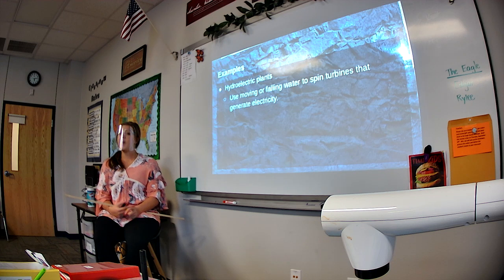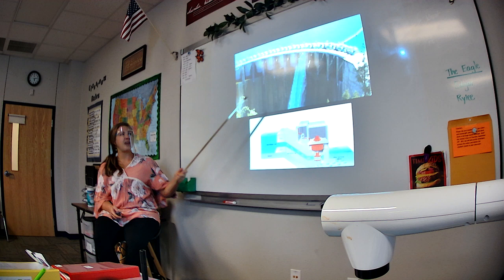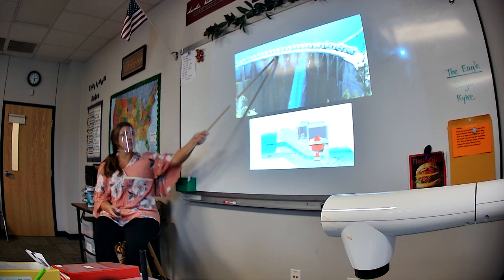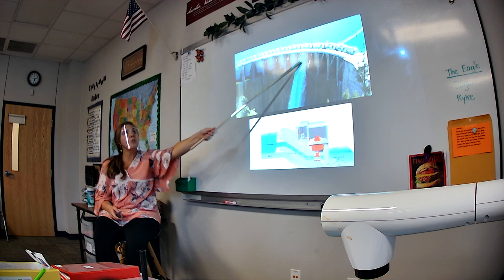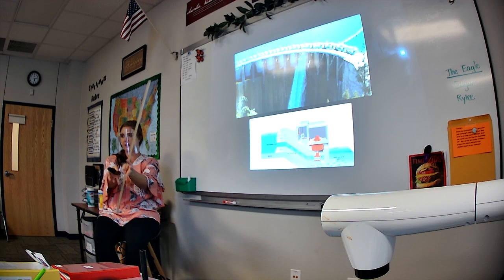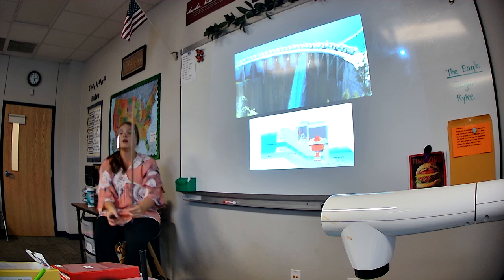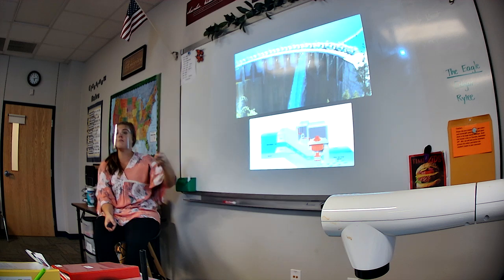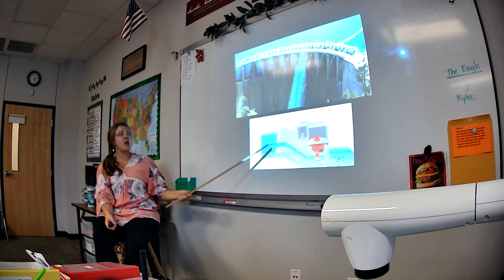Okay. Now, the other thing they do is they build dams. So, for example, the Hoover Dam. I think this is actually the Hoover Dam. Either way, the idea is they build this gigantic dam blocking all of that water from moving. Then they open one little tiny slot and funnel all of the water into that one spot, which creates a huge rush of water in that one area. Okay? They then use that to create motion and harness it into energy. Pretty smart.